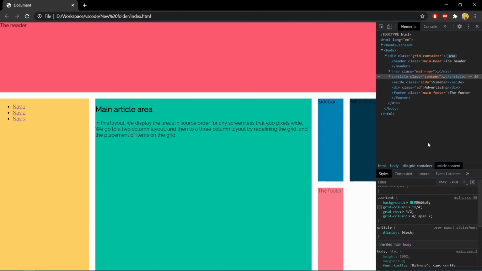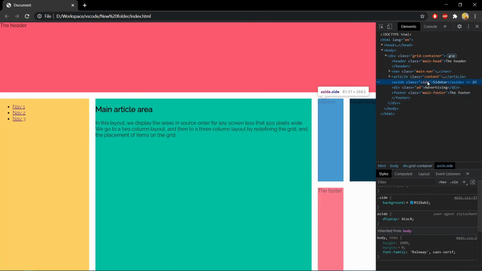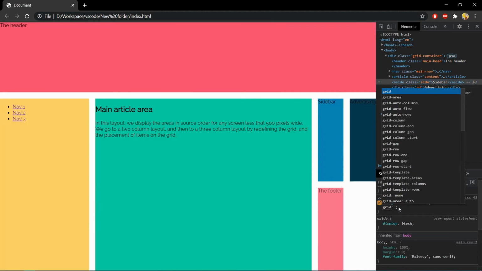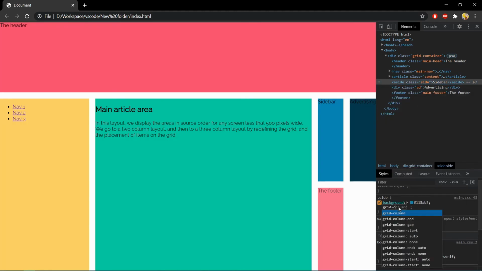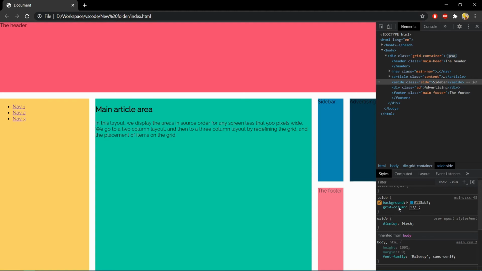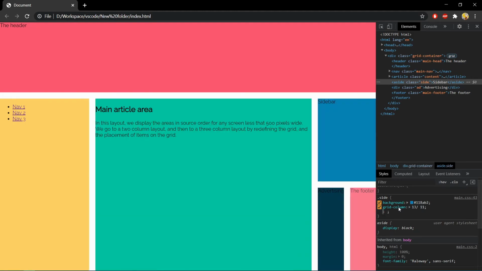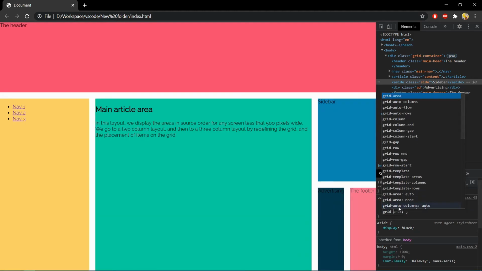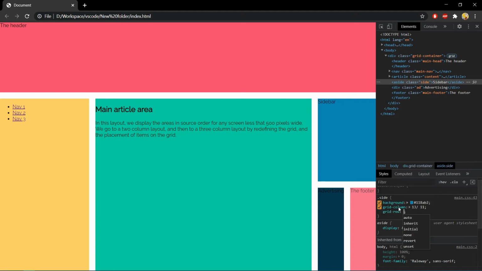Now let's move to side. So again, we'll be using grid column. First parameter will be on which line you want to start this column, and on which line you want to end. Again, for grid row, first parameter will be on which line you want to start the grid item, and second parameter will be on which line you want to end.